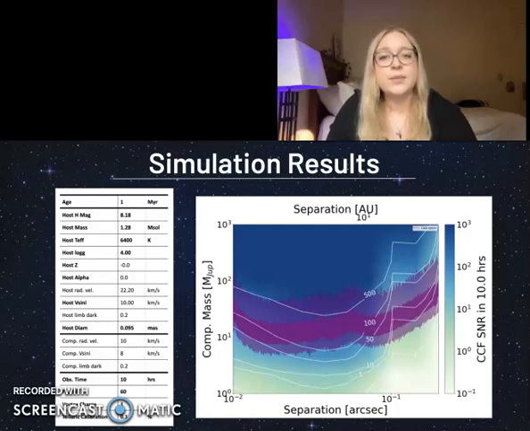The parameters for the companion object were chosen using evolutionary models that predict how a planet evolves over time, using the host star's age and the planet's mass. And the final parameters on the bottom we are assuming for our observations. To relate the parameters on the bottom to the figure on the right, we are assuming that we can observe the planet for 10 hours, and we assume that we can remove the systematics in our observation to within 0.1%. In other words, we can remove the Earth's own atmosphere, since we will be observing from Earth, from our detected